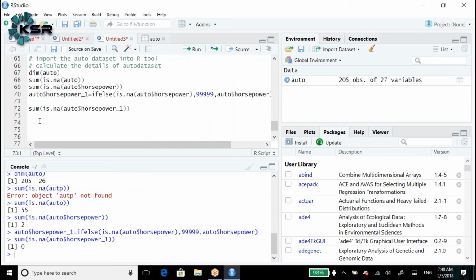What does it mean? There is no missing value in horsepower_1. That means whatever two missing values we had in horsepower, those two values have been replaced with 99999 in horsepower_1. Clear, sir?